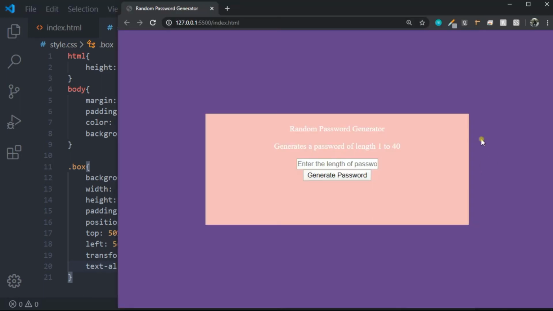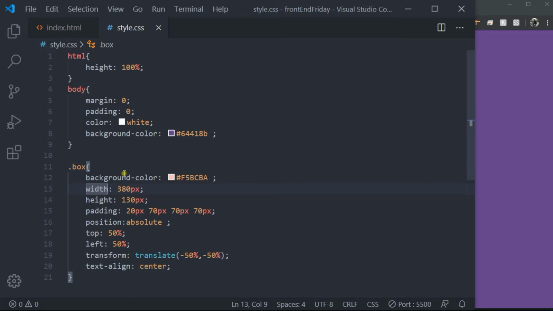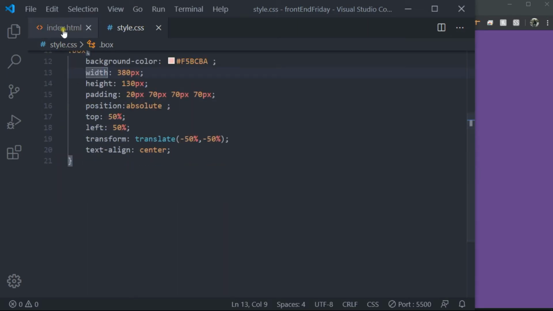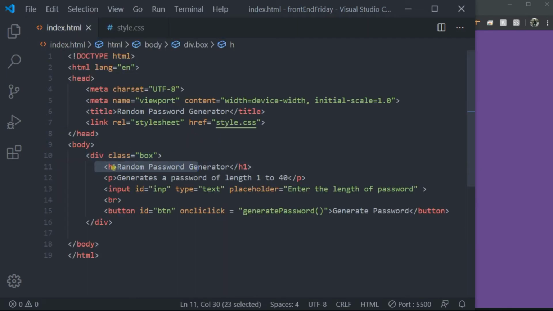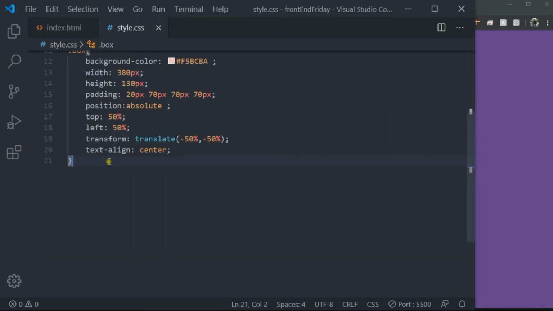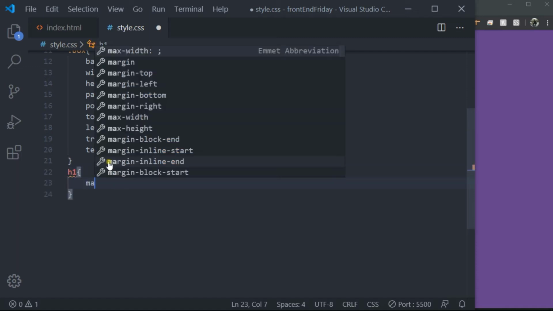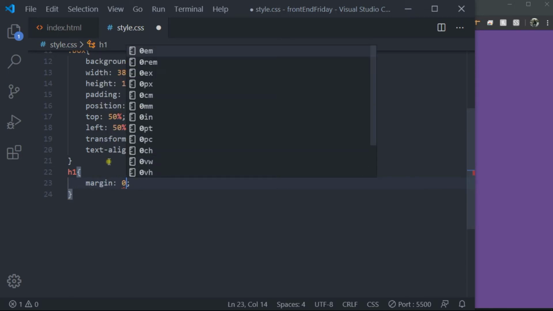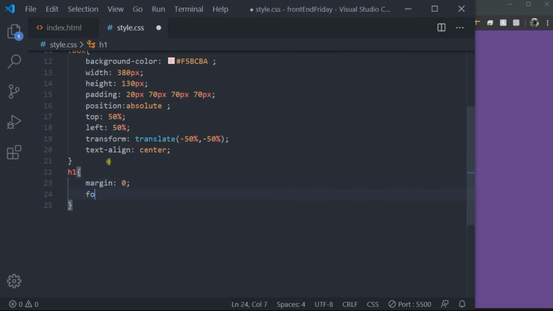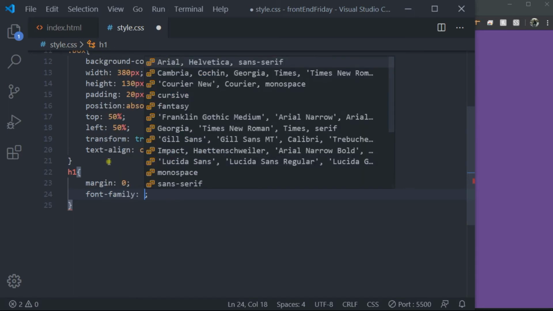Now everything looks cool for now actually, and we have an H heading. Oh, not H1 should be here. H1 heading. Yes, now it looks good. So let us design or style our H1. For H1, I am using margin 0 and font family. Let's use Courier New,